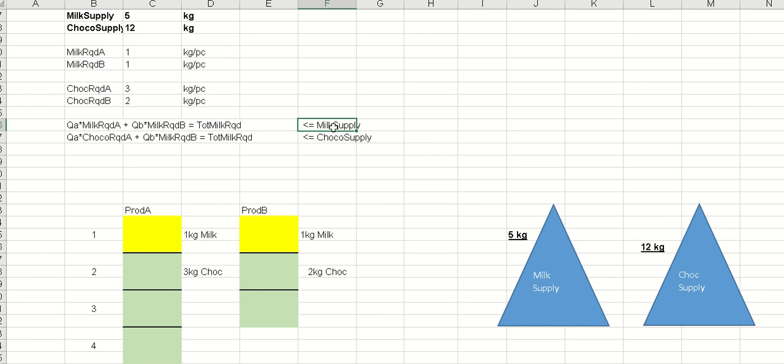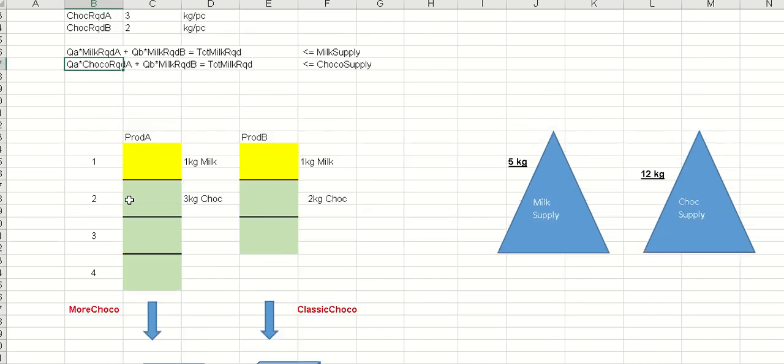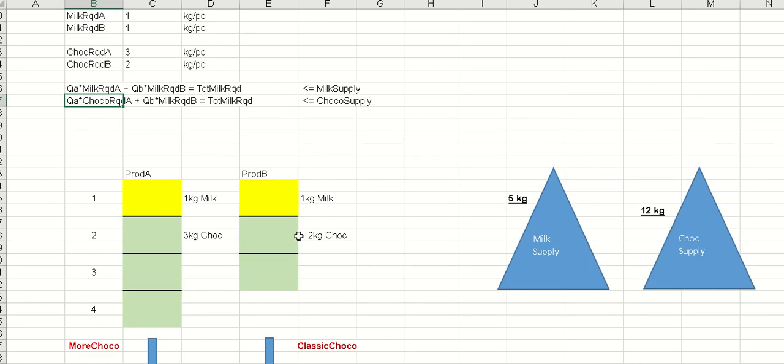And for chocolate, QA, the number of product A, plus this, you look at the lower part,